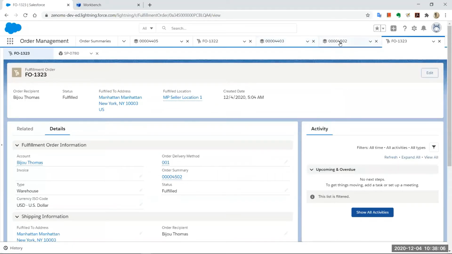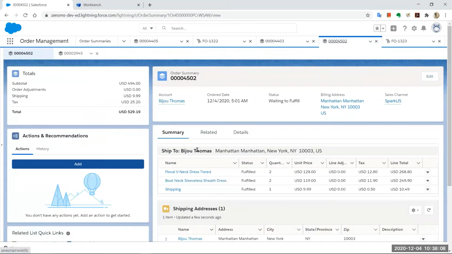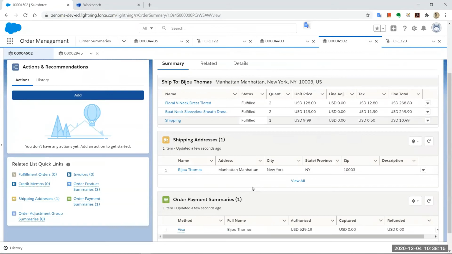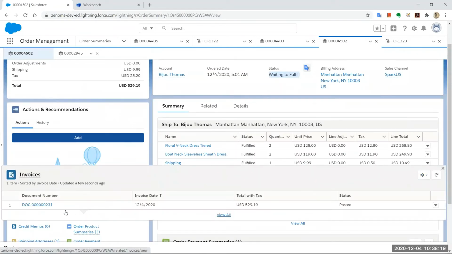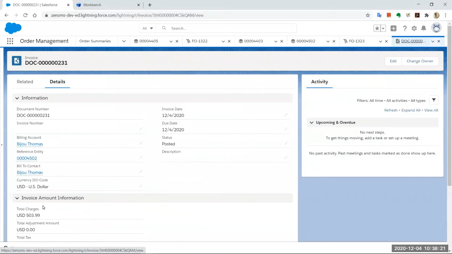So now if you go back to your fulfillment order, it still says awaiting fulfillment, and it's entirely fulfilled, right? So when you do that, now what you see is that an invoice is generated for this order. So one of the key capabilities that order management system gives you is the basic financial records that you would need, which you can pass on to your ERP systems, right?